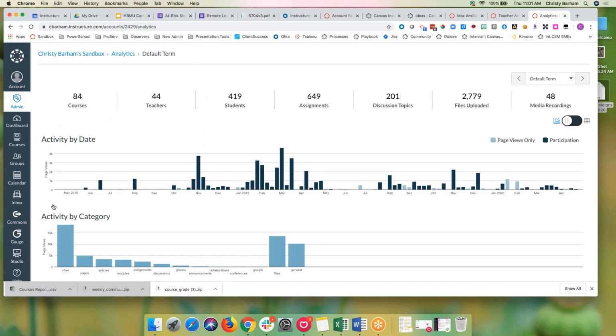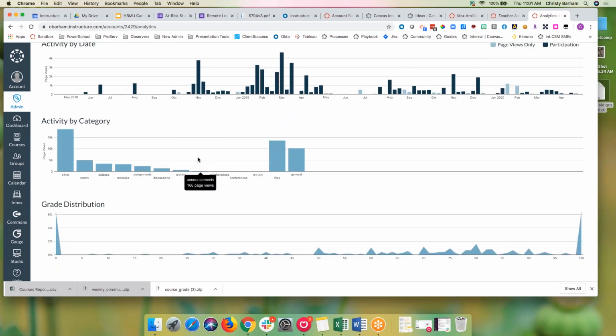analytics. So this still looks like the old analytics, and that's because, for any of you that have been following the analytics discussion with us over the last couple of years, we have been doing development on analytics, but it's been in phases, and we felt like the most important thing to do was to start with the teacher. So that's why the new analytics is available in the teacher view, and we started with the grade, and then we added the weekly online activity, and then communication. There are plans to improve the account level analytics as well, but currently